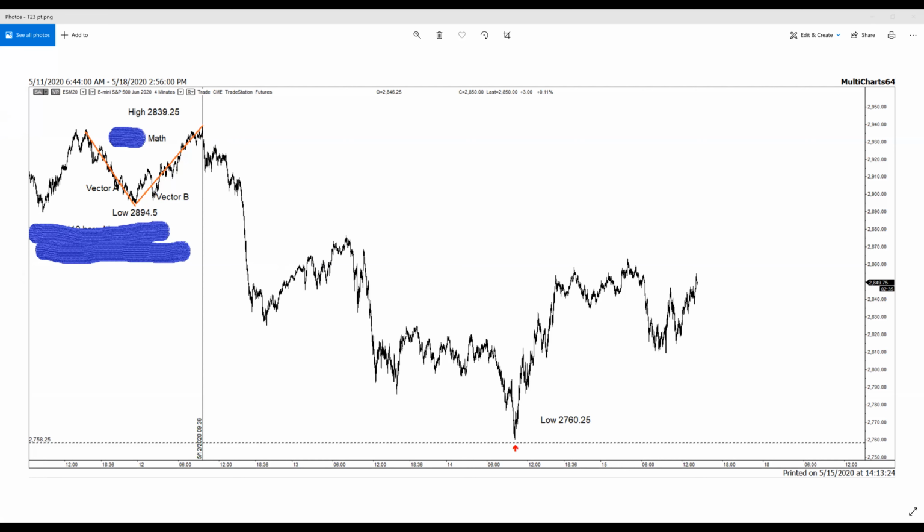Now this price projection was made on the 12th. Our measurement ended at 9:36 on the 12th, and the price went down and approached that low on the 14th. So you can see we were able to project this price within 2 points. It didn't come till 2 days later.